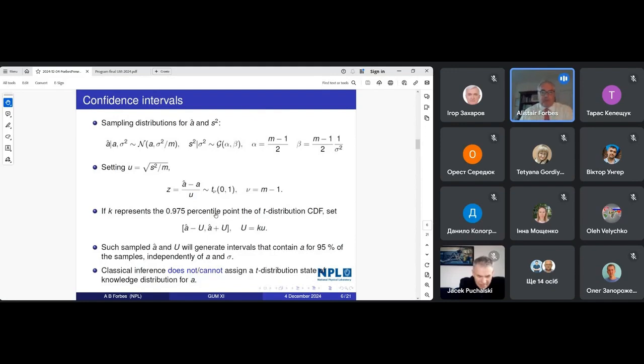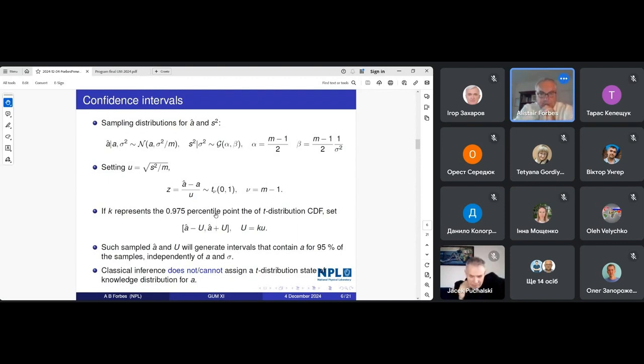And putting those two together, if we let Z be the difference between the sample estimate, A hat, and A, divided by the sample standard deviation, we know that Z is distributed as a t distribution with nu degrees of freedom. And the fact that Z is a sample from this t distribution allows us to calculate coverage intervals. Now, we never know Z because we never know A. A is what we're trying to measure, but we do know information about Z,